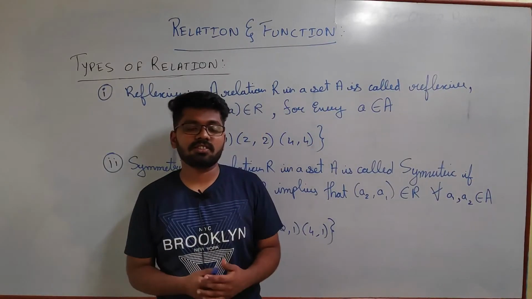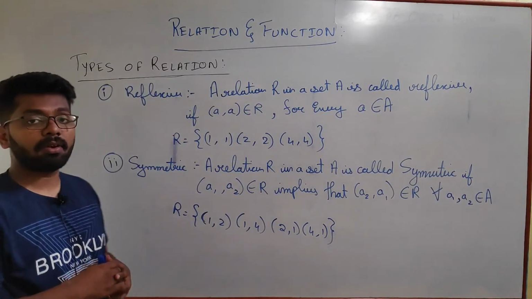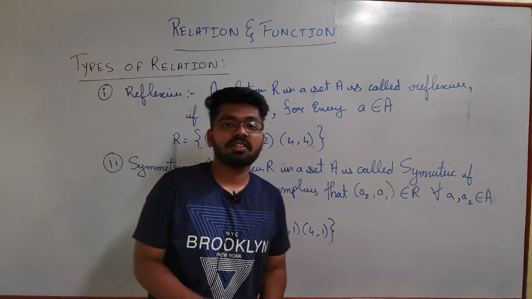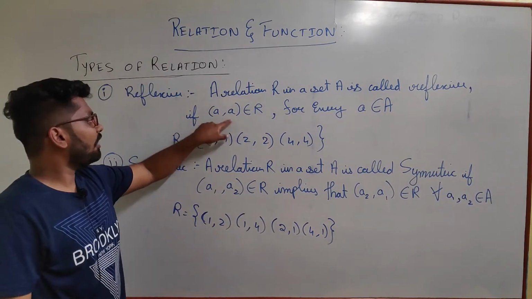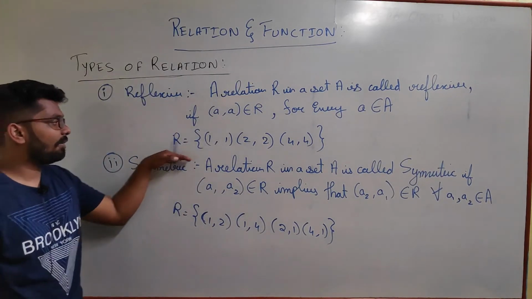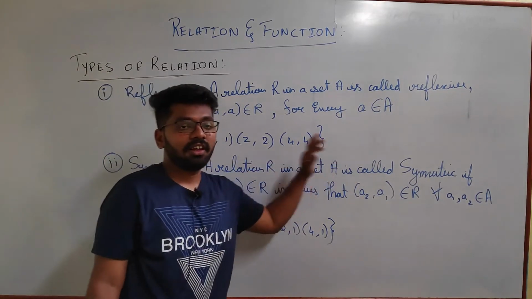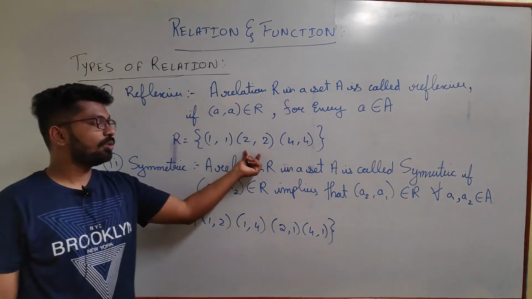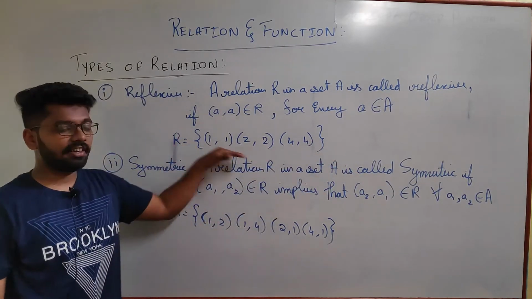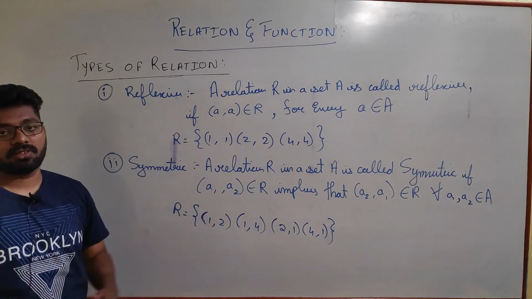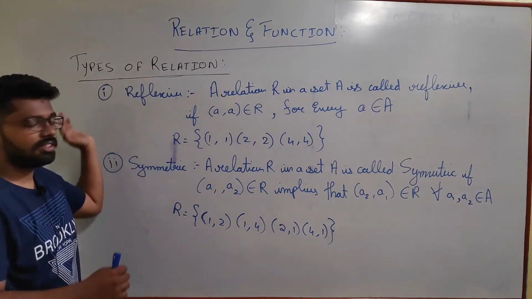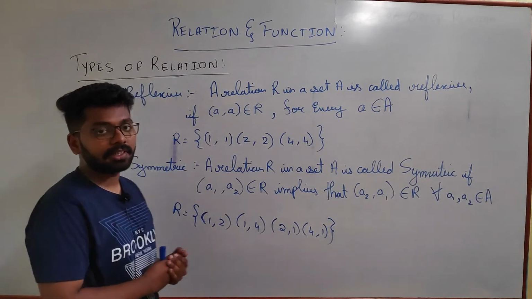So the next type of relation we are going to study is quite important. Okay, so the reflexive kind of relation. The type of relation here is reflexive relation if (a, a) belongs to R, for all a belongs to A. So I have demonstrated an example right over here. So if you have (1,1), (2,2), (3,3), (4,4) in the relation set, then that type of relation is known as reflexive relation. Okay, so nothing much to discuss. When we solve the problems it will be much clearer.